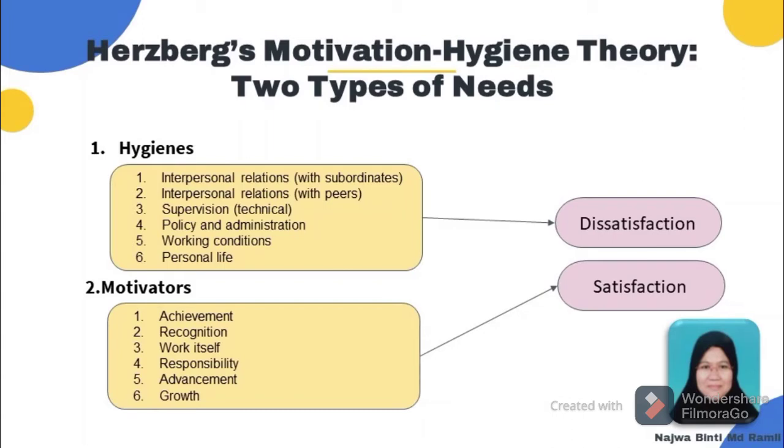Herzberg also further classified our actions and how and why we do them. For example, if you perform a work-related action because you have to, then that is classed as movement. But if you perform a work-related action because you want to, then that is classed as motivation. Herzberg thought it was important to eliminate job dissatisfaction before going on to creating conditions for job satisfaction because they would work against each other.